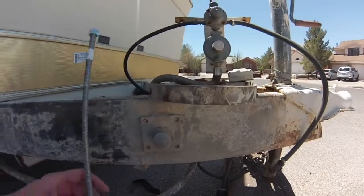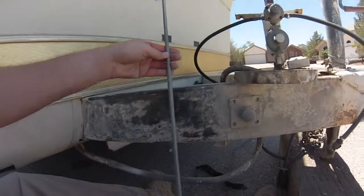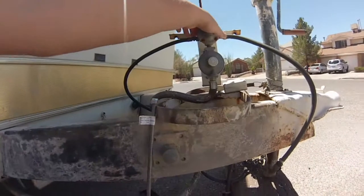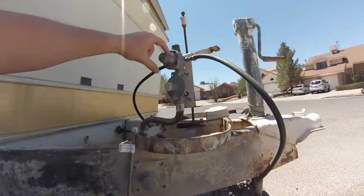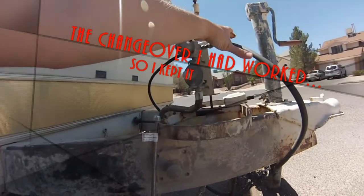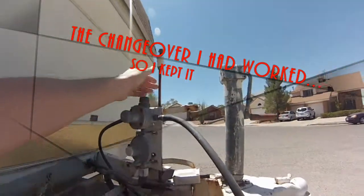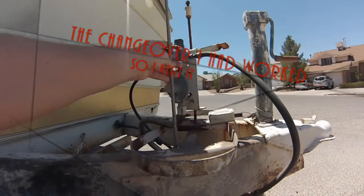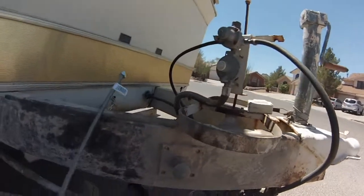I also got a piece of all thread, and this will be for the new propane tanks, the taller propane tanks that are going there. I've got a new automatic changeover valve for it, and then I can reuse everything else, but I'm just going to replace the centerpiece right here with the new piece. So that's just going to go inside right there, and I have the new tanks in there, but I'll do that once I finish cleaning up the